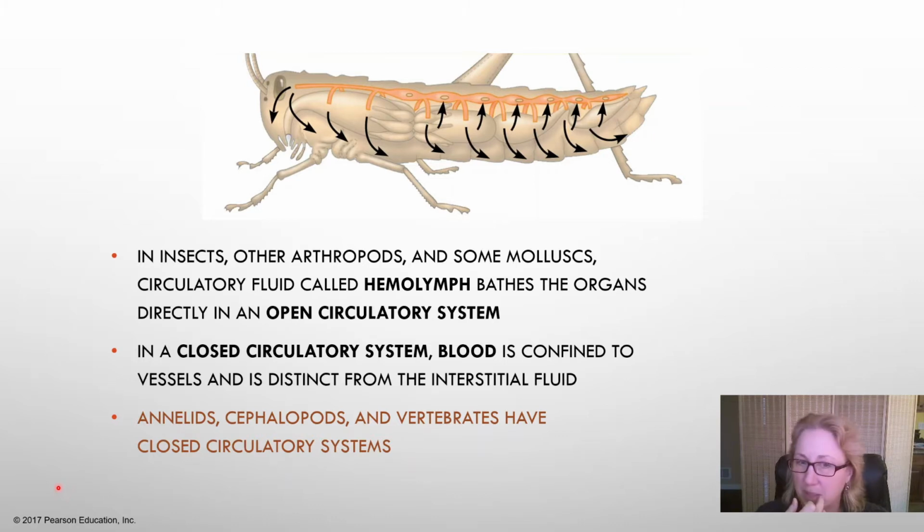Generally, the red blood cells aren't getting in or out. But there are other cells in the immune system that do crawl in and out of the circulatory system. Closed circulatory system, that would be annelids like the earthworms that we dissected, cephalopods, so octopus and squid, and all vertebrates have a closed circulatory system. And remember, we'll say closed circulatory system in air quotes because it is still leaky.